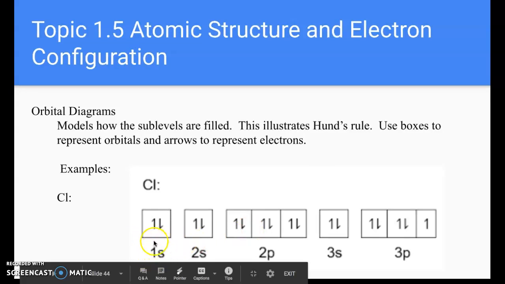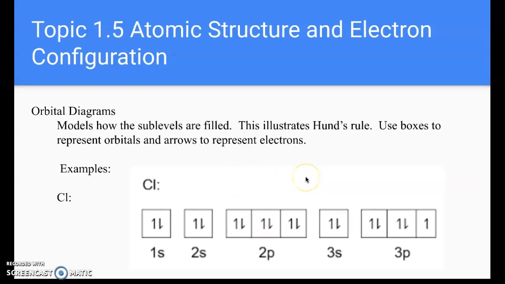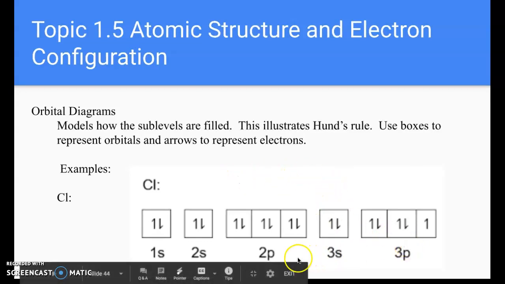So this is your 1s sublevel. It only has the one orbital, and the one box represents one orbital. You can have 2 electrons in each individual box, with 1 up arrow and 1 down arrow. P sublevels, like this 2p sublevel and 3p sublevel, have 3 orbitals, so they're going to have 3 boxes. D sublevels have 5 orbitals, so 5 boxes. And if there was F, that would show up with 7 orbitals. So this is what it looks like for chlorine, and really all you'd have to show is 3s and